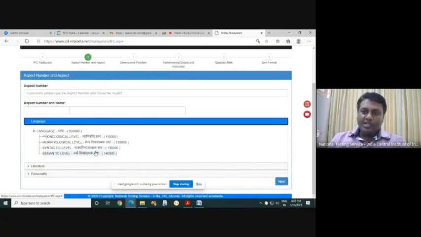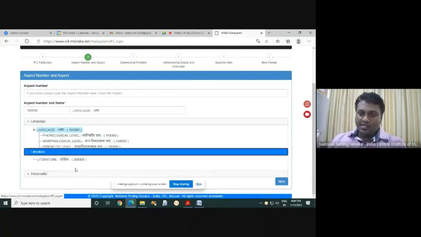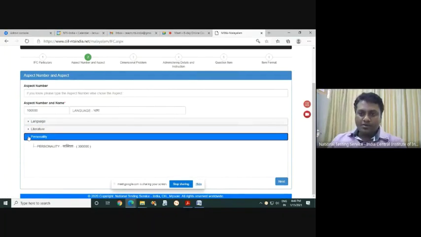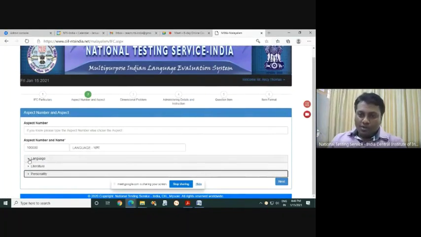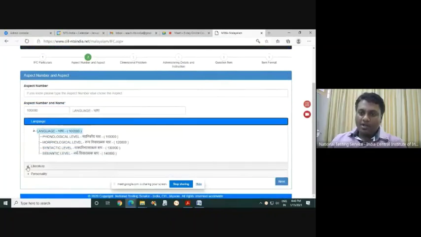But the question items you have to type in your own language, that's Malayalam. As we were running out of time, we couldn't do this big tree. Actually, this tree is a very long tree, which has more than 8,000 major, minor, and subcomponents. So we couldn't do it in Malayalam. So Hindi and English is there. The main thing is either you're writing a question in language, or in literature, or in personality. Personality, as of now, we don't focus more. So you have to click language or literature.